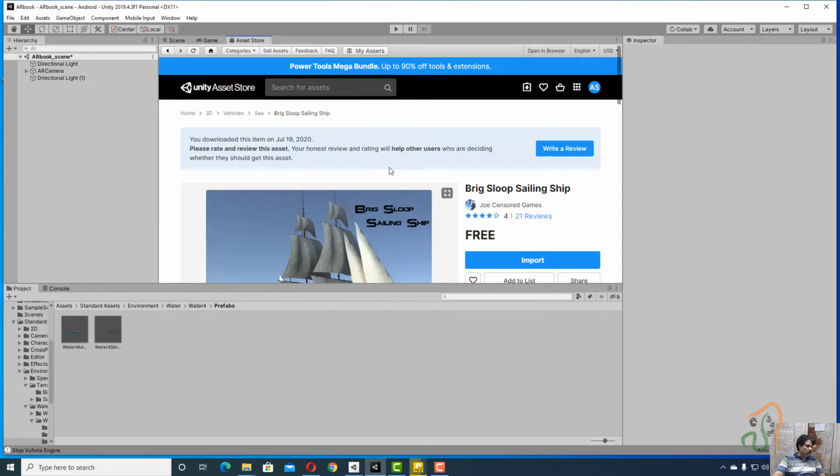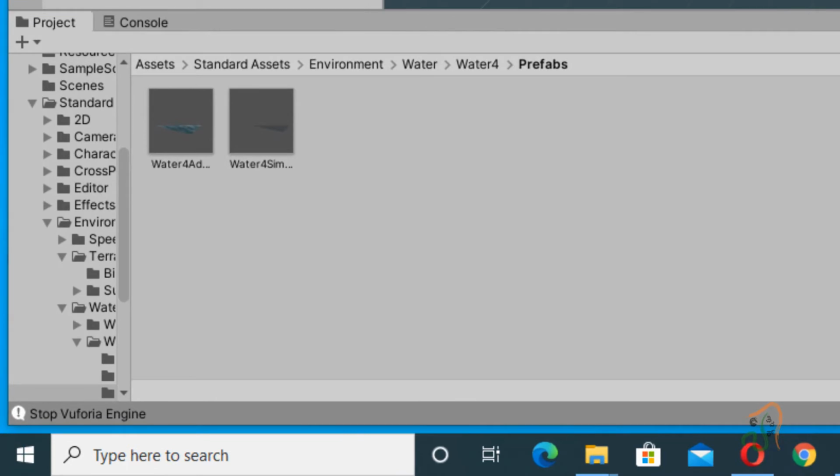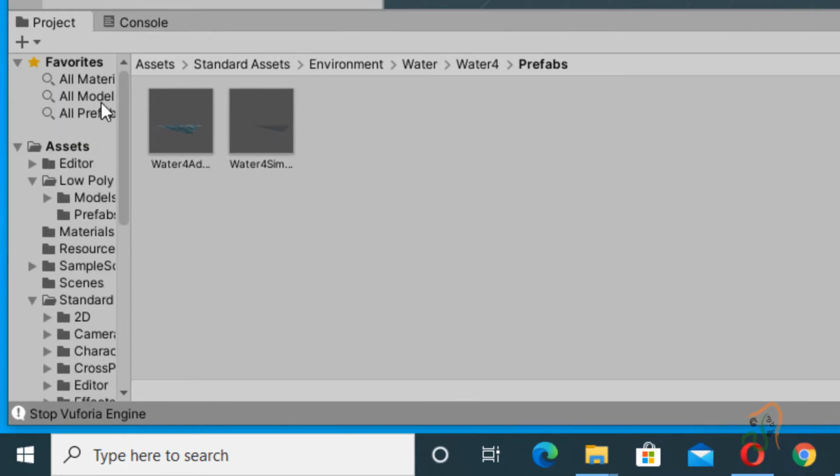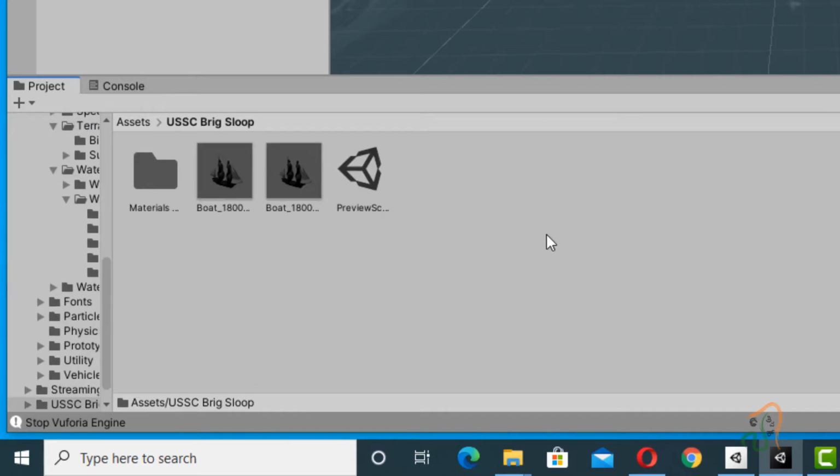After importing our ship resource, come back to the scene window, and in your assets folder you have a new folder created here, USSC Bing Sloop. Double click this folder, and in this folder you have two ship models, 1 and 2. You can select any one ship model.